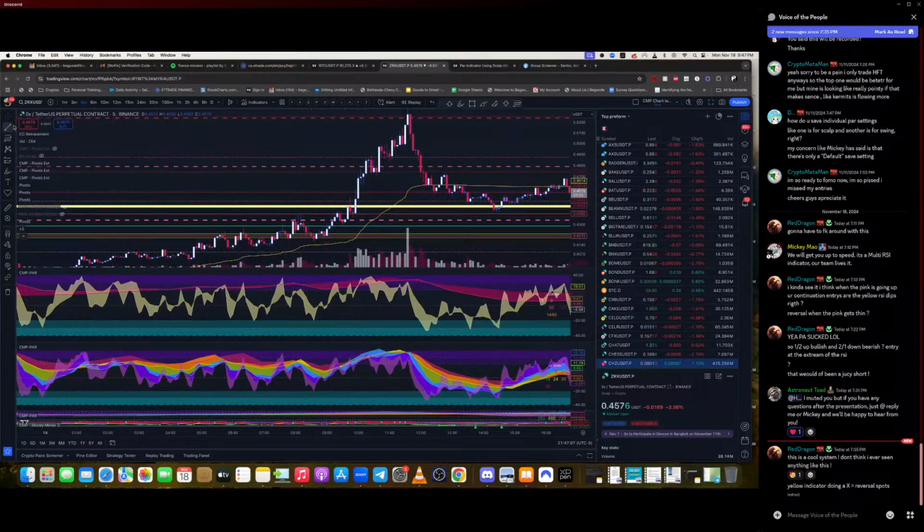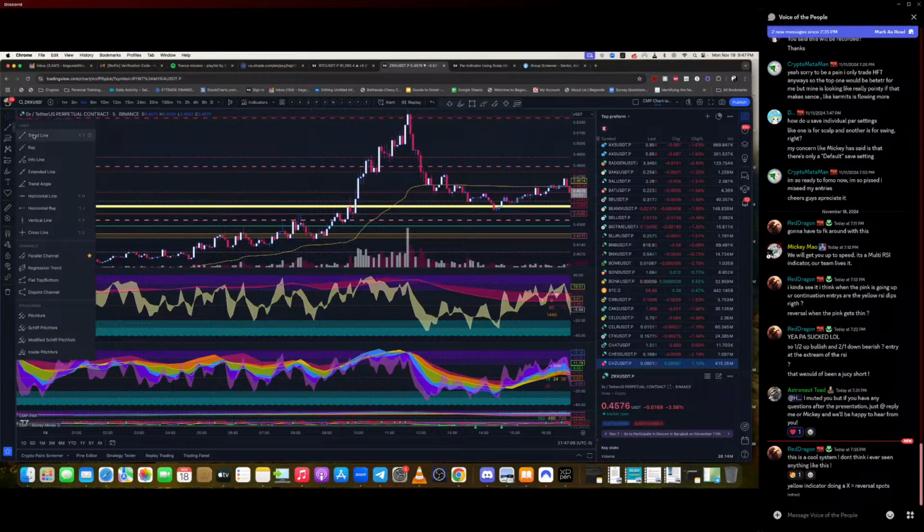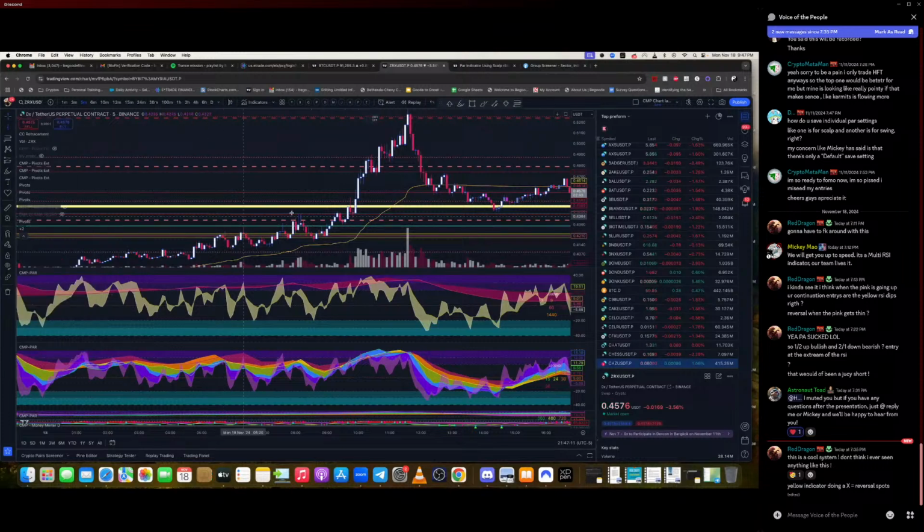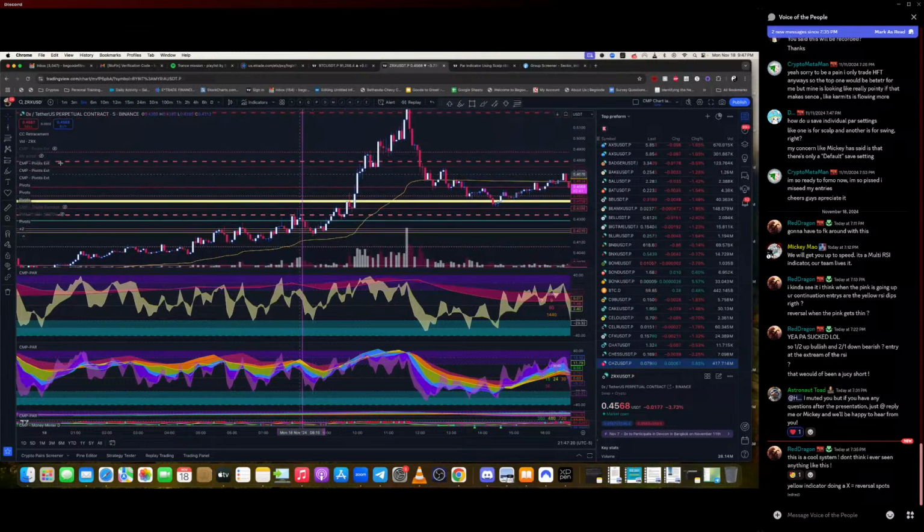Okay, right here. Let me put a mark on. All right, so it bumped against the monthly pivot, and let's say you take the short right here, and let's see how much we get before that really turns up on us. Let me get the measure tool. Okay, so you got 2% on that,